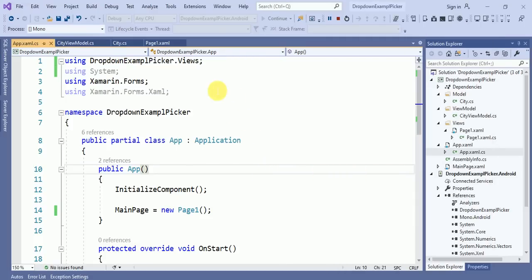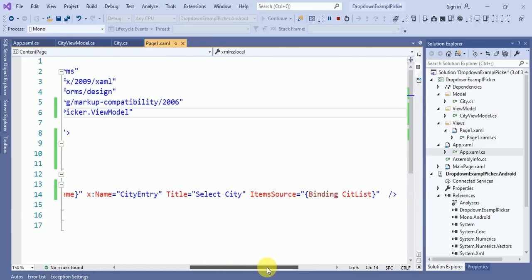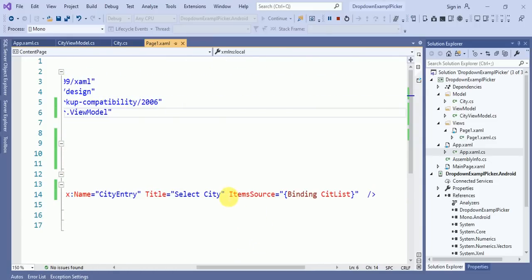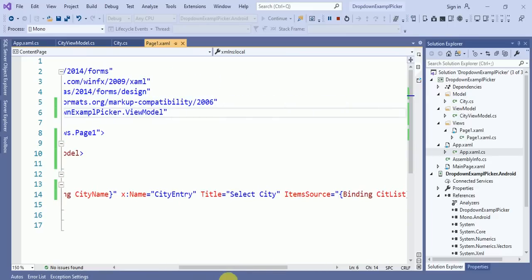In the next video we will learn how we can get the data on item change. Okay, even we can do it in the same video also. Let's do that also.